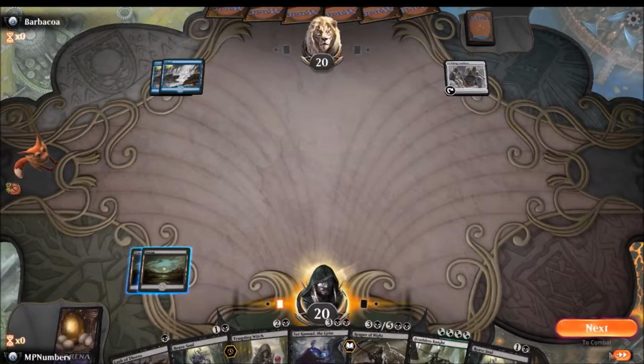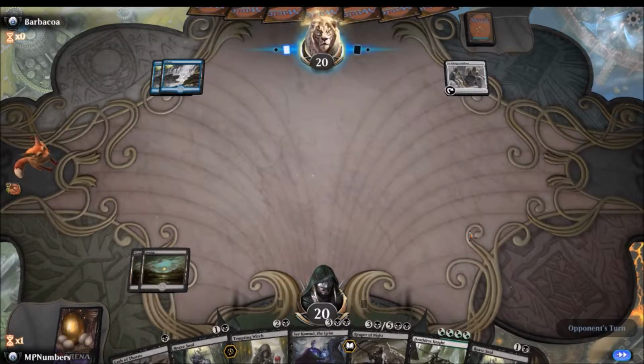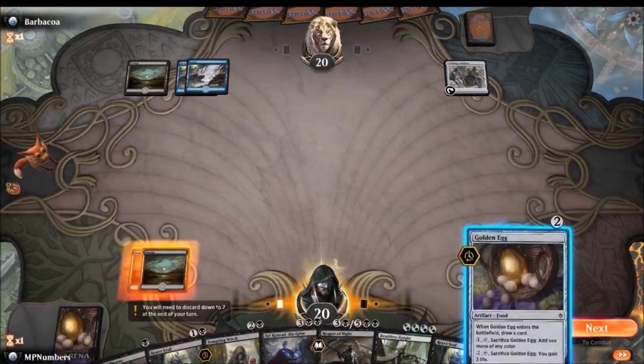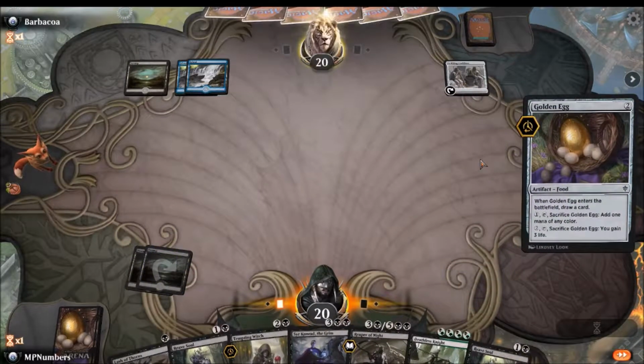Nada. Alright. We pass. Kinda hoping our opponent plays a spell here. A creature, sorry. Opponent hits their land drop and does not. Alright, cool. We'll get Golden Egg. Let's drop the Golden Egg. It's going to give us a...